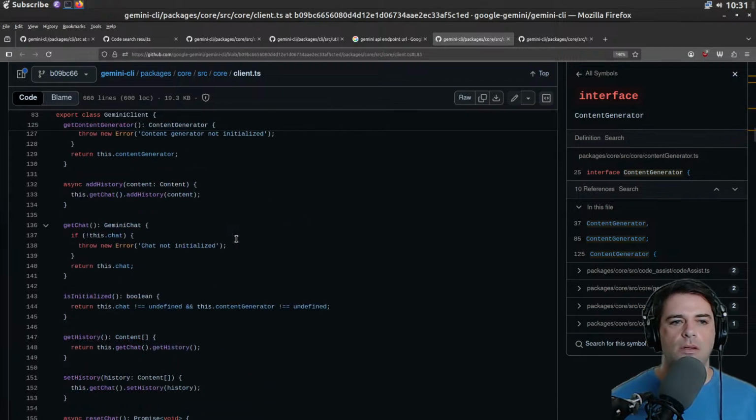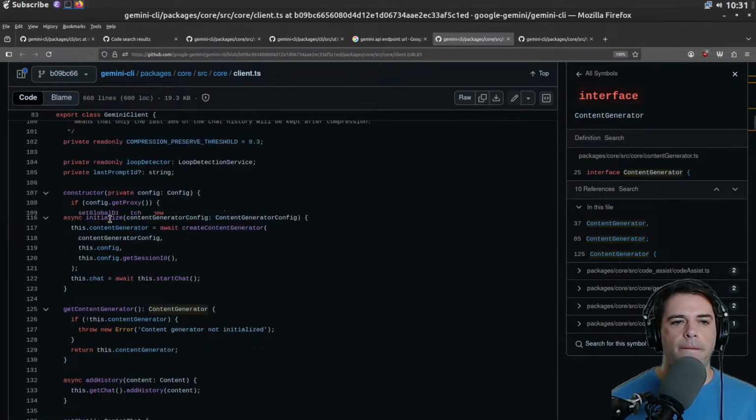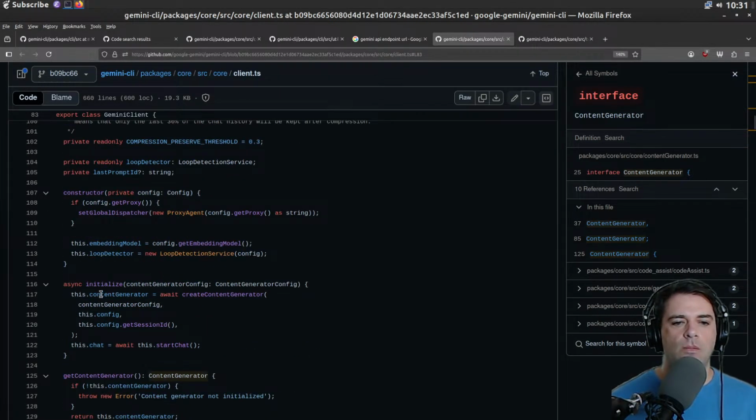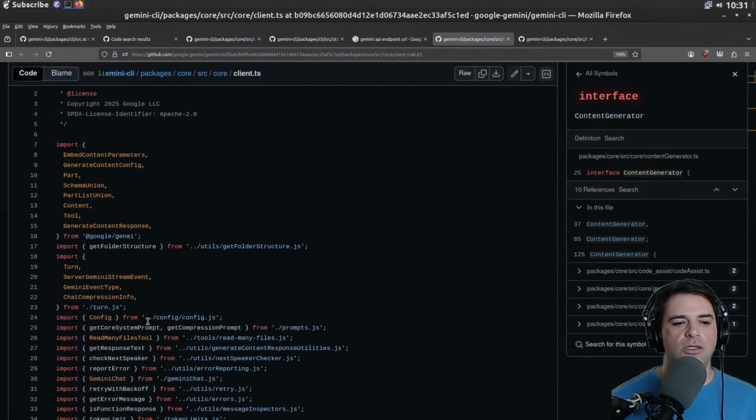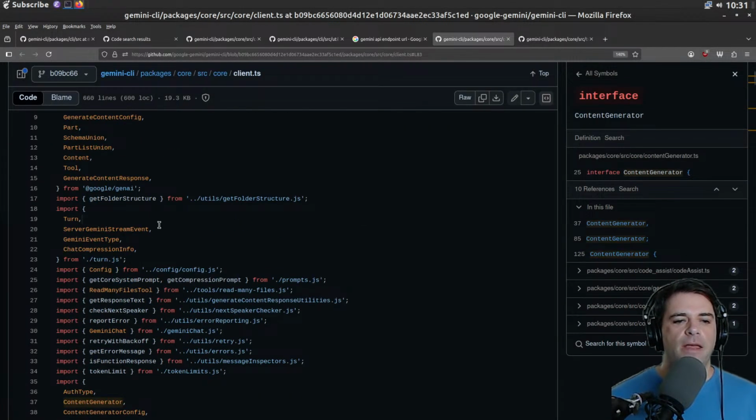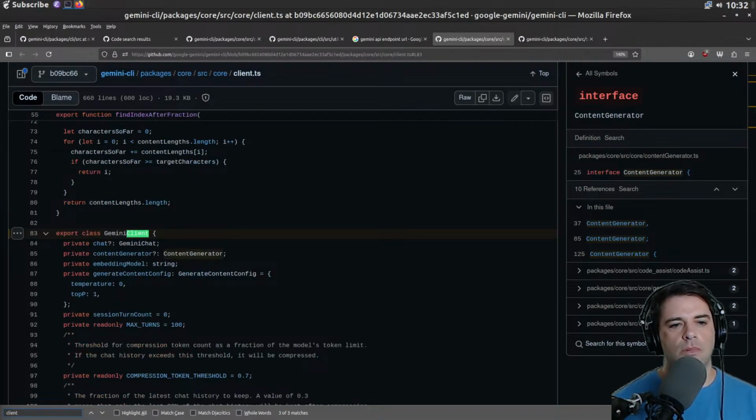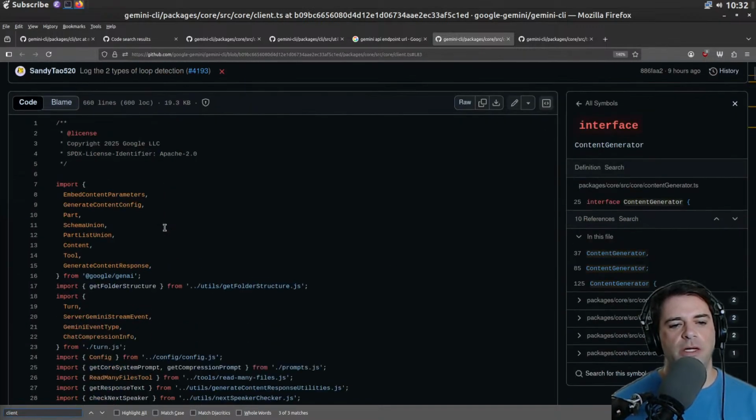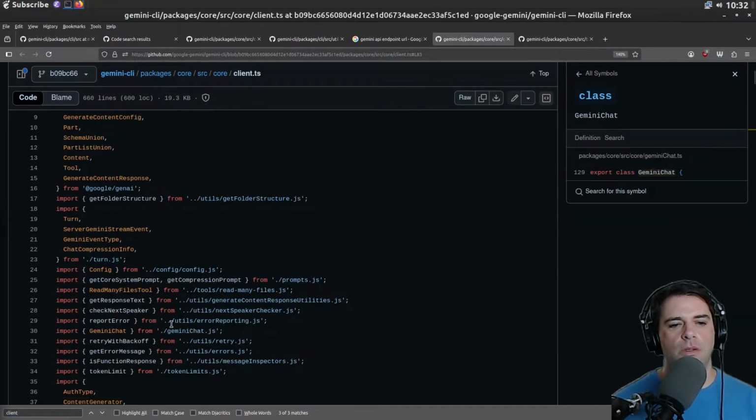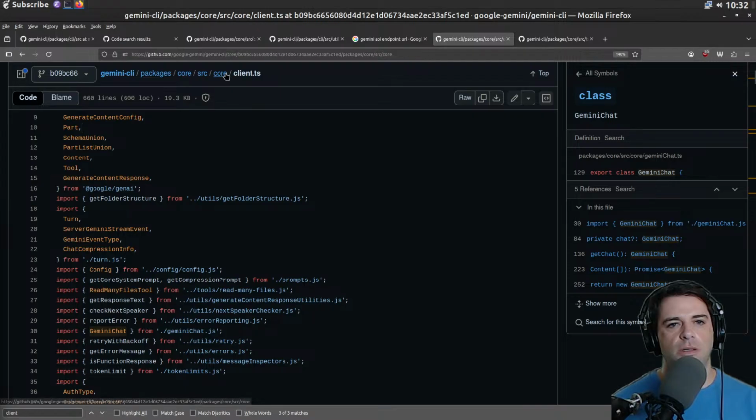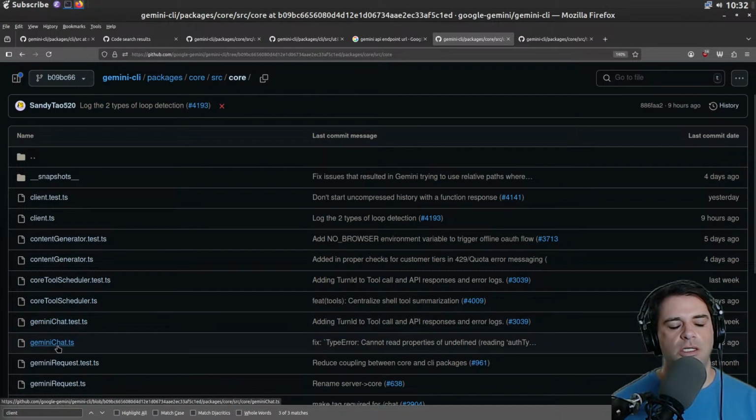Okay. And when we initialize, we call create content generator with some config, and this dot chat is set to await this dot start chat. So I'm wondering if the client is just a library, maybe the Gemini chat library. We're importing it from the same directory. Gemini chat